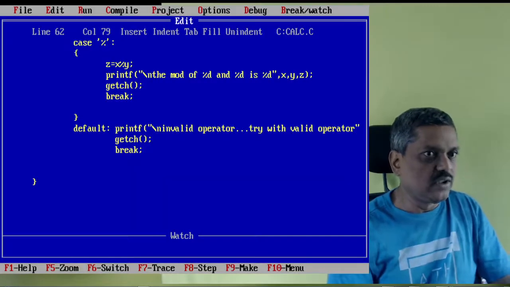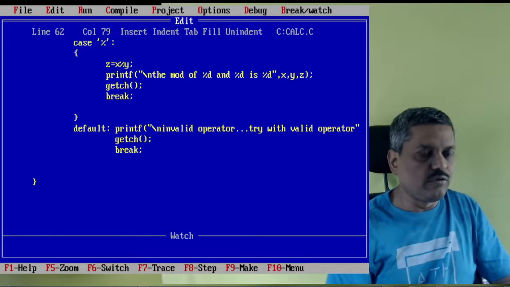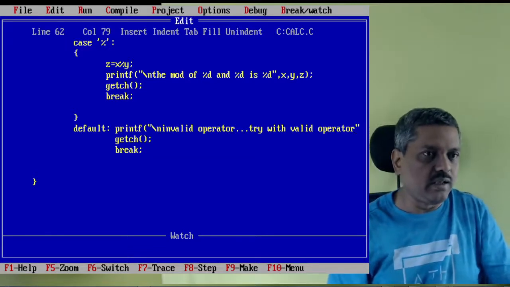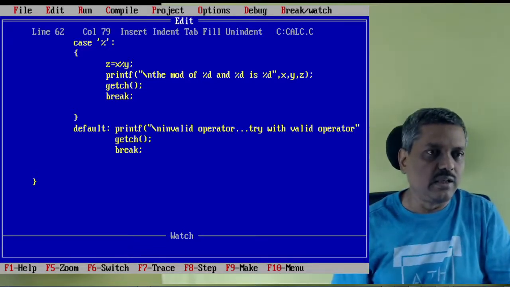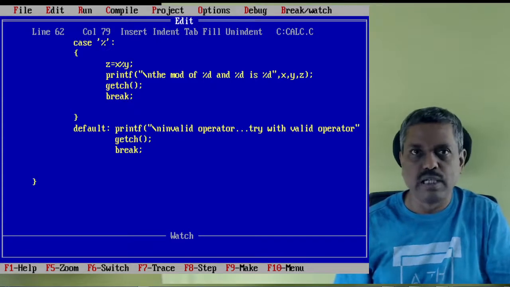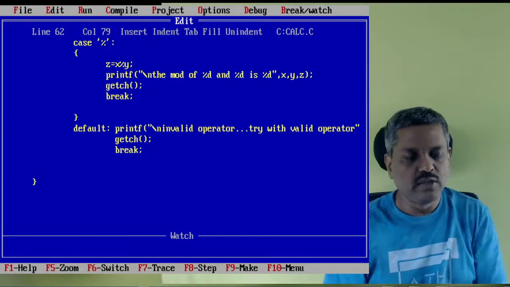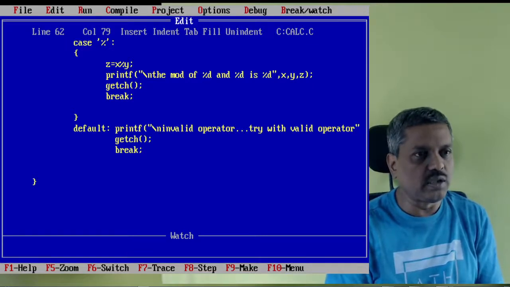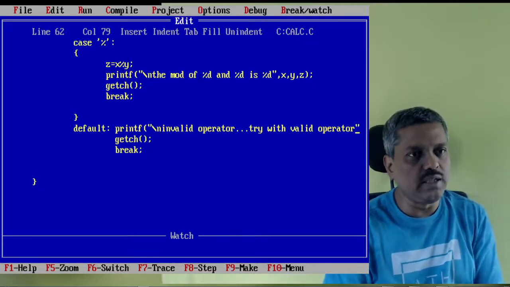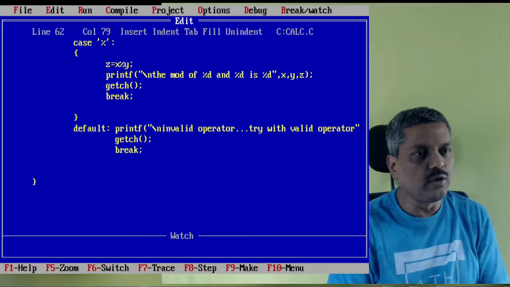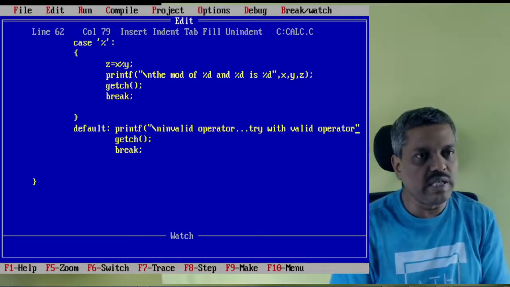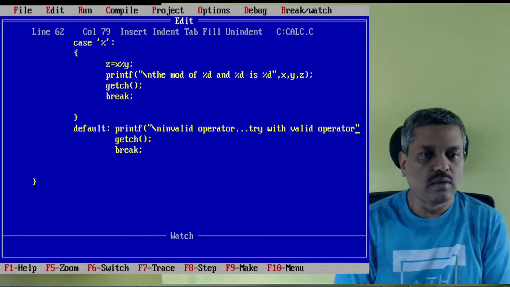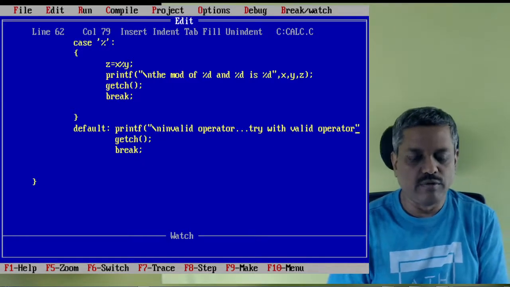So thank you. That means we are able to write and simulate the simple calculator having all the arithmetical operators that are available in C language. We tried step by step. That is how you have to write. You are supposed to write the program one by one, so that you don't make mistakes. Even if you make mistakes, that can be easily debugged. So that's the idea behind this kind of programming.